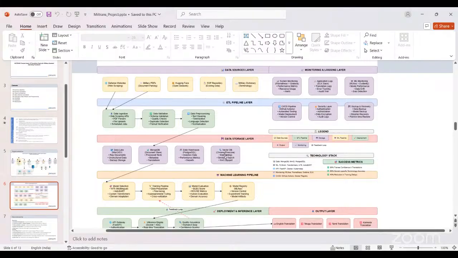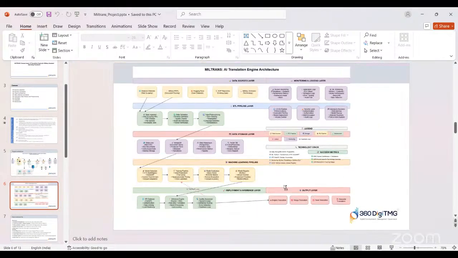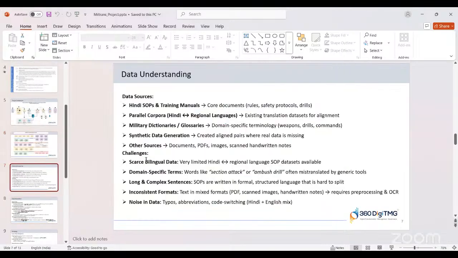For RAG based applications, we tried the traditional way as well as the LLM based approach. So these are a few of the models: MT5, IndicBot, and GPT models. Also we evaluated based on the BLEU score, finalized the model, and deployed the Streamlit application. This is a high level architecture, so we'll walk you through it.